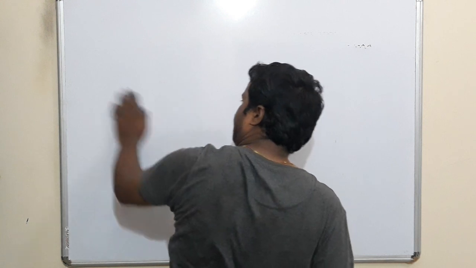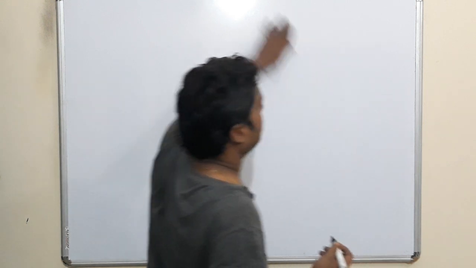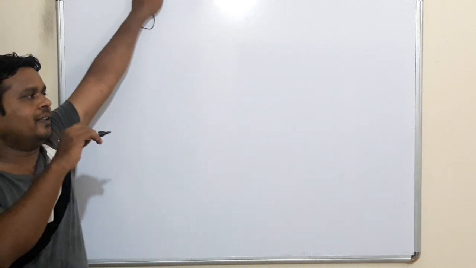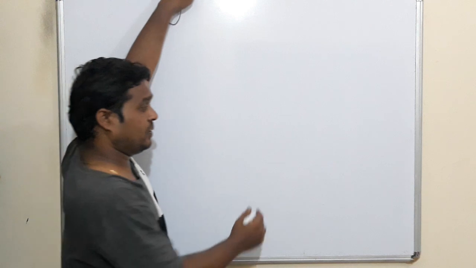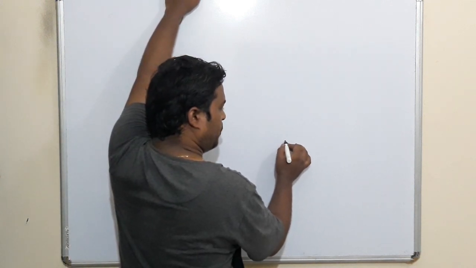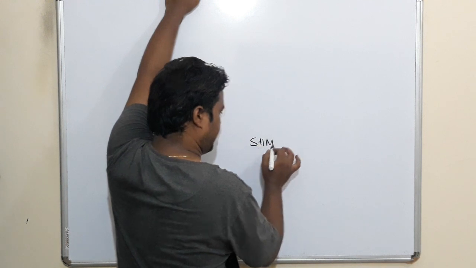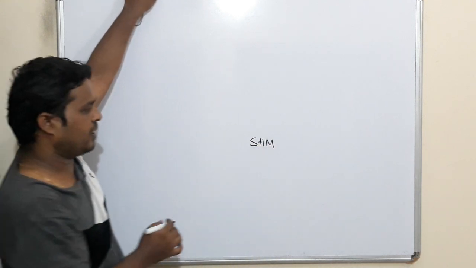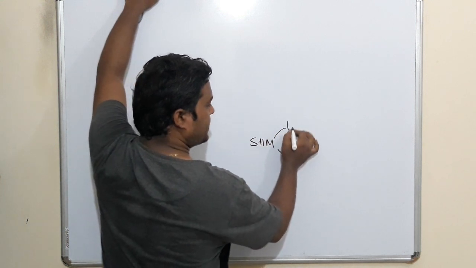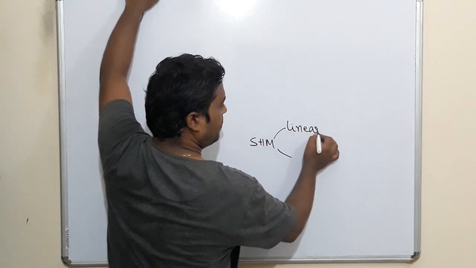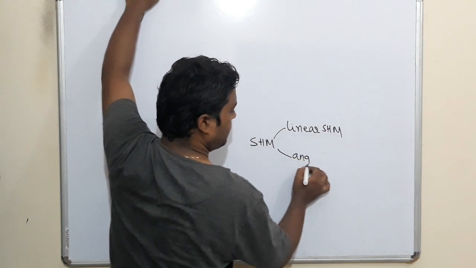the dipole is displaced from a position through a small angle theta, if the dipole is exhibiting simple harmonic motion. First you make it clear. Simple harmonic motion, what we studied in class 11th. Simple harmonic motion is of two types. One is called linear SHM. Another is called